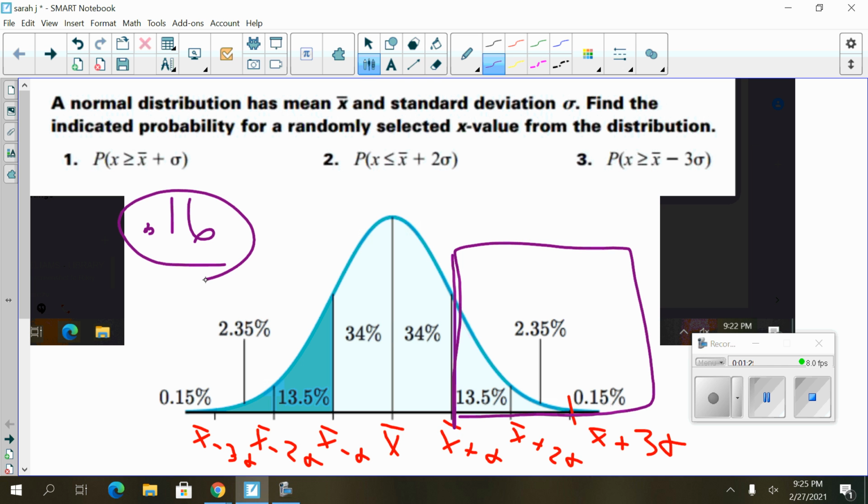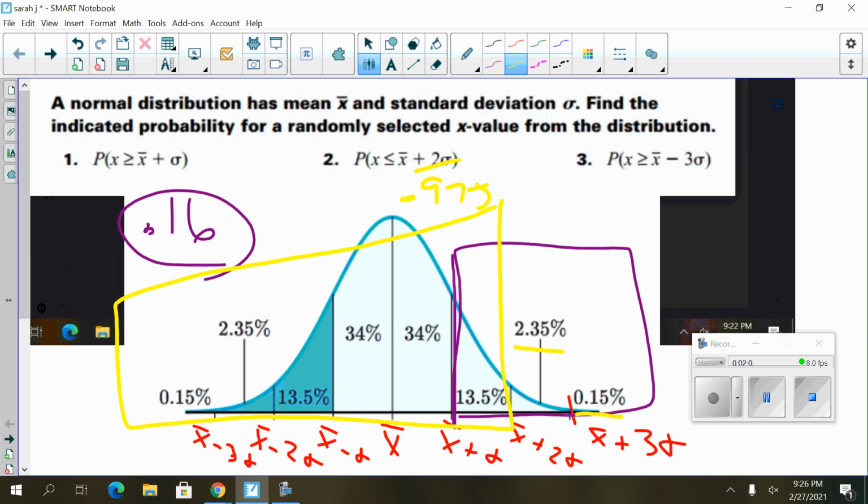All right, let's try number 2. I'll use a different color. Now we want the probability that X is less than or equal to X bar plus 2 sigma. So here's X bar plus 2 sigma here, and we want the probability of being below. So that's a lot of zones to add up. So what I was talking about in class is rather than add up all those different zones in the yellow box, you could do 100% minus the 2.35 minus the 0.15, because the whole entire curve is 100%. And those two are the only two not included in the yellow box. So it's 97.5%, or